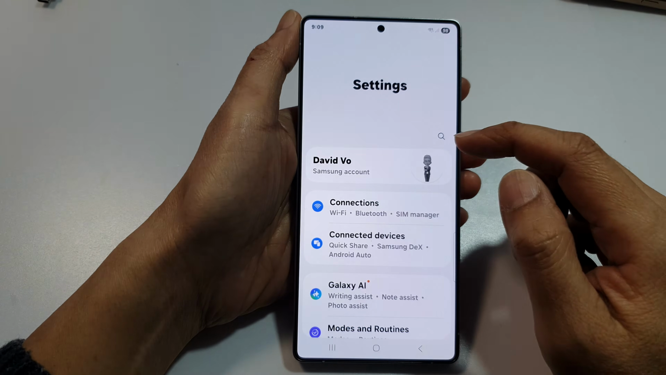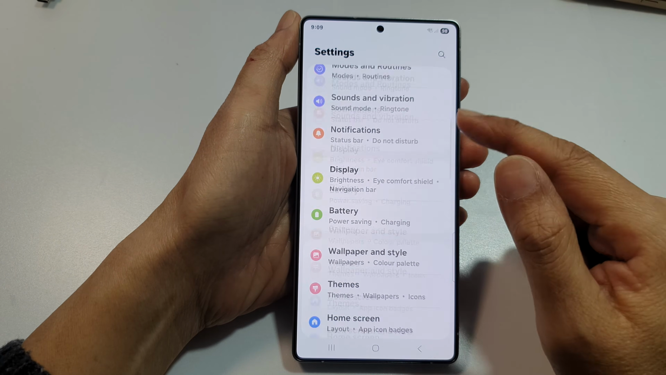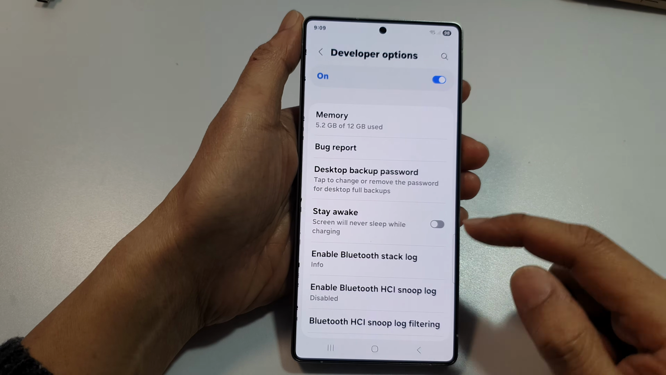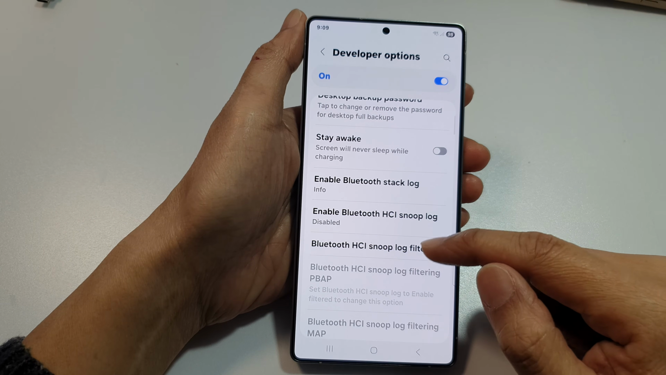Now from the home screen, swipe down at the top to open up quick settings. In here, tap on the settings icon. From here, we then scroll down to the bottom and tap on developer options. Then in here, scroll down